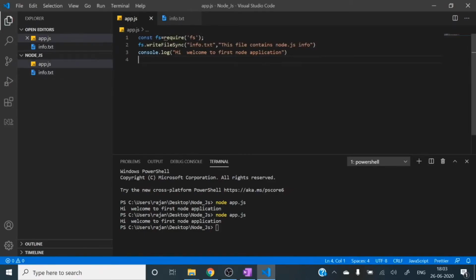So this is the basic thing: how we can import our core modules or core module packages into our program and use those things. For that, one require function is there. Whatever module you want to use, you need to pass that module name here. For file system it's fs, and for other things different module names are there. You can use those module names, get that exports object, and use it. Hope everybody got this clear.